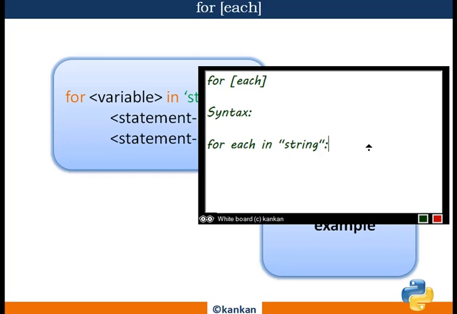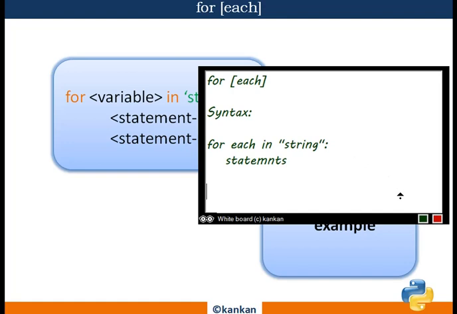Now the loop header will end with the colon. Already you know it. And the statement you like to execute need to be included there. So this is the syntax of using the for each loop for string manipulation.